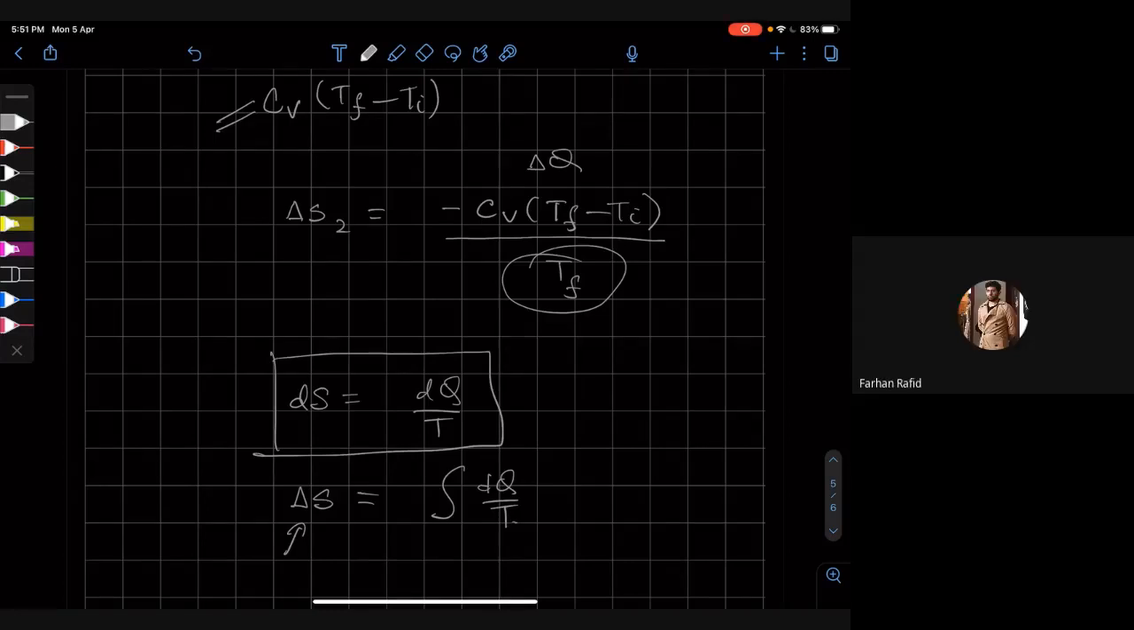Sir, can 3 be done using QC by TC is equal to QH by TH? Yes. Do we have to prove that or anything? No, you don't have to prove that. So,